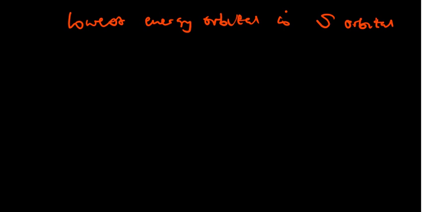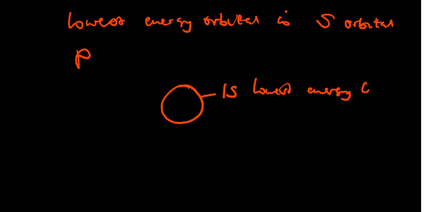Then the next orbital is what we call the p, or rather principal orbital. So orbitals are actually arranged in the form of shells in which the innermost shell has one s. Like I said, the first shell only has one s, and one s we said is the lowest energy level